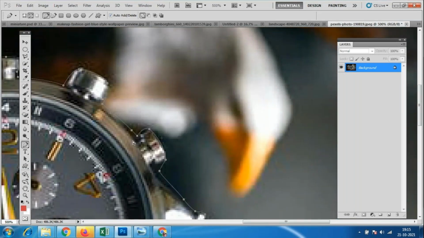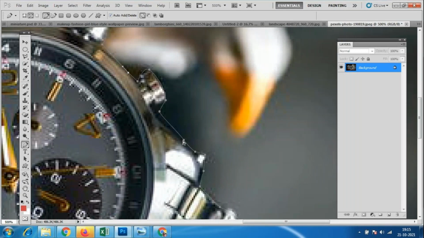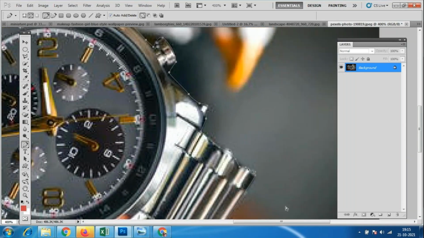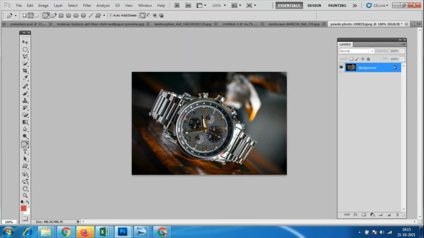It may be a costly watch or it may be a lesser quality watch, but we have to make the product designs properly. This comes under product design, so product editing. Whatever product you are seeing online, all this is happening with this only. Control Enter and Shift F6.